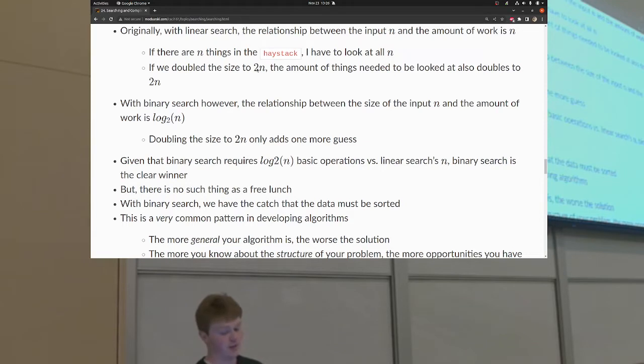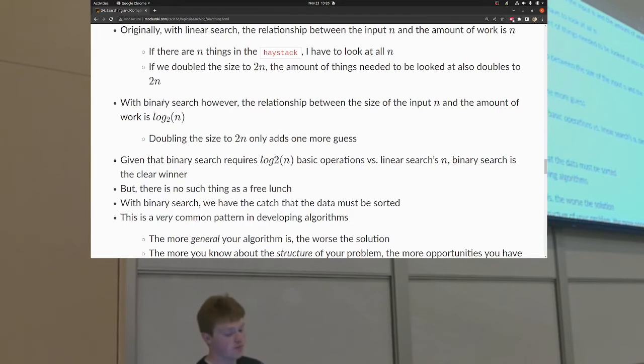So if you double the size, it now takes twice the amount of time and twice the amount of space. With binary search, because you're halving the amount of things you have to search through every time, it actually turns into base 2 log of n for the time and the space complexity,